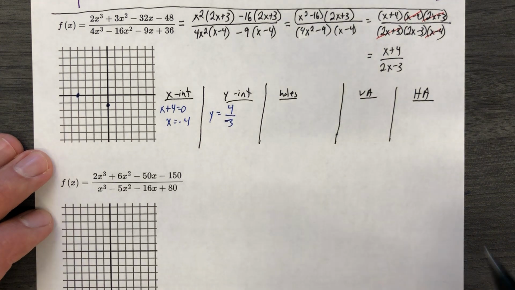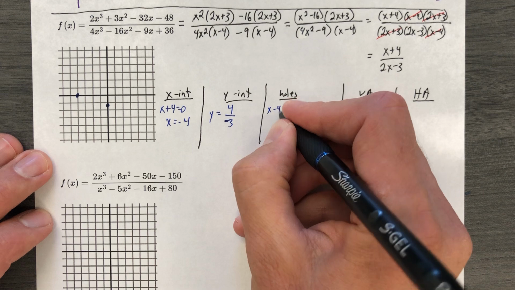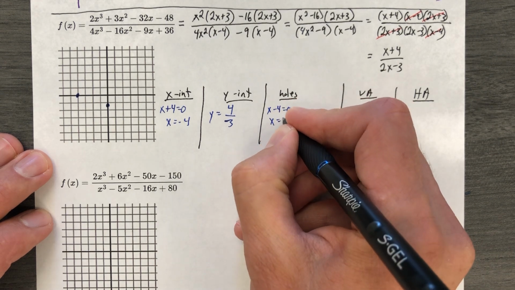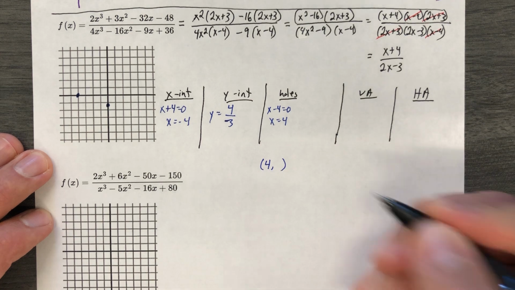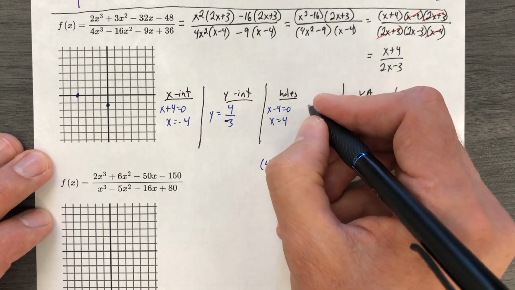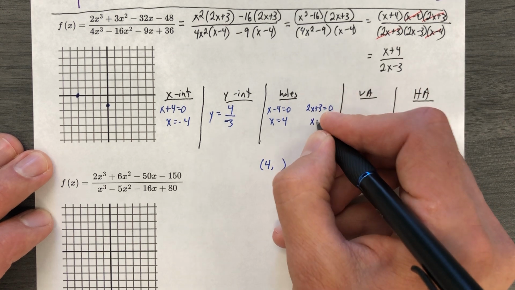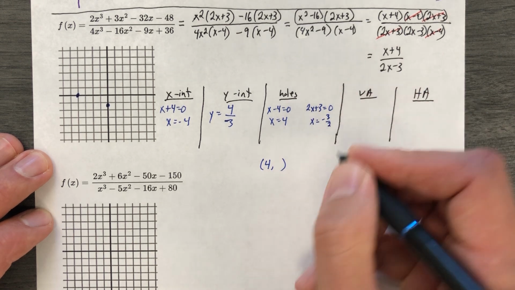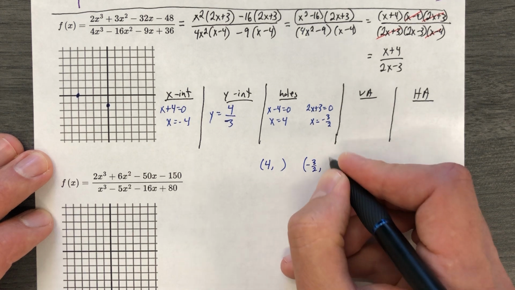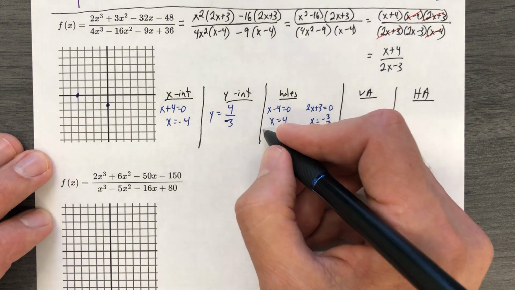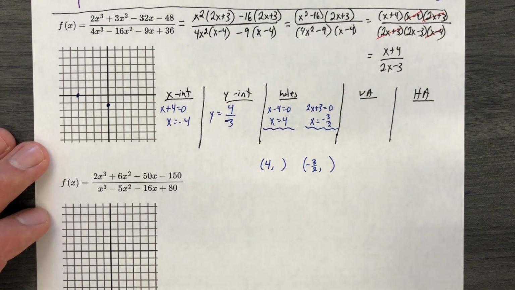Holes, 2 of them. You canceled out x minus 4. So if x minus 4 equals 0, please do this in your head. X equals 4, and that's going to give us 4 comma something. Okay. We also had where 2x plus 3 equals 0, and that is at negative 3/2. That is negative 1.5. We'll still call it negative 3/2. There we go. And we need to find the other coordinate for both of those, and that's going to happen